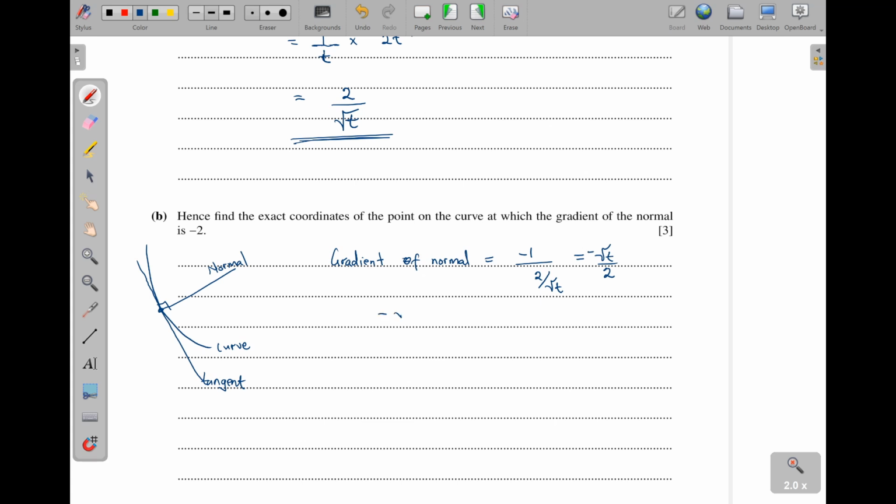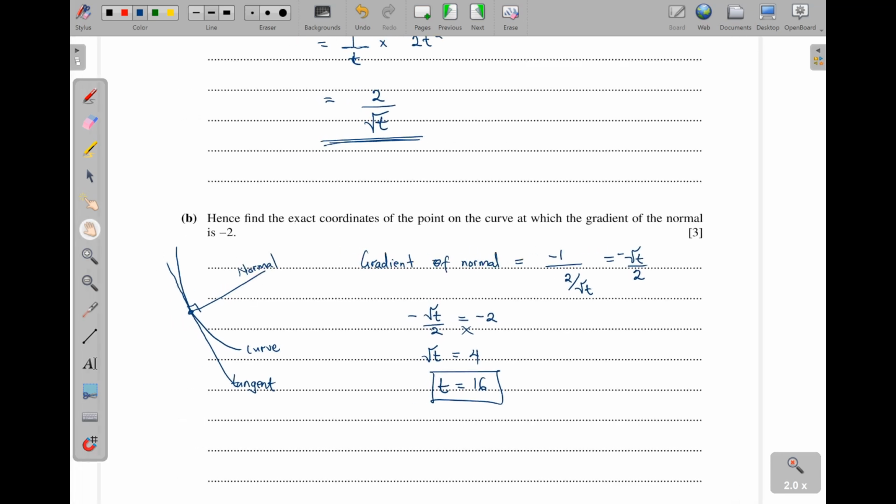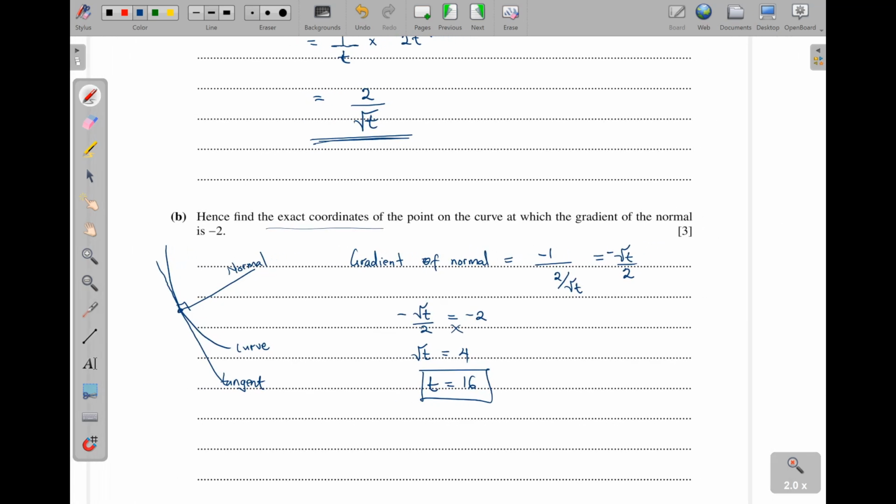Now, this negative root of t over 2, we shall equate it to this negative 2 that is given here. Then we cross multiply. Of course, root of t is going to be equal to 4. I've cancelled the negatives, okay? And then from there, we can square both sides. So that means t is going to be equal to 16. If t is equal to 16, they asked for the exact coordinates. So we need to find the x coordinate that corresponds to this t being 16 and also the y coordinate,